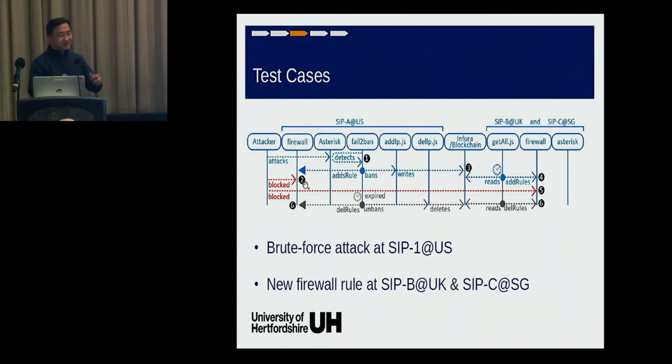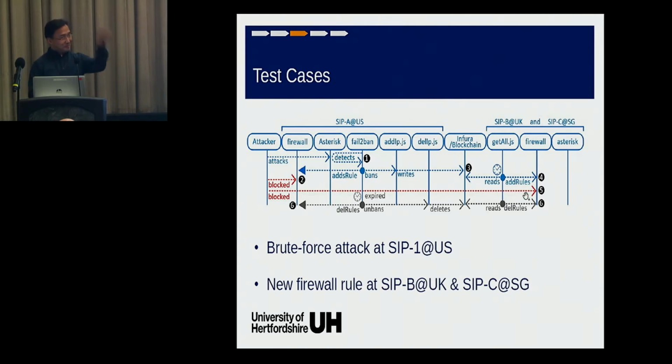So you start dropping packets from here, and then on the back end, it will launch the add IP client script, which will write into the blockchain via Infura. Infura is the REST API that's available for you to use to access blockchain. That's why Infura is there, because it's very handy. I don't want to maintain my own blockchain node, right?